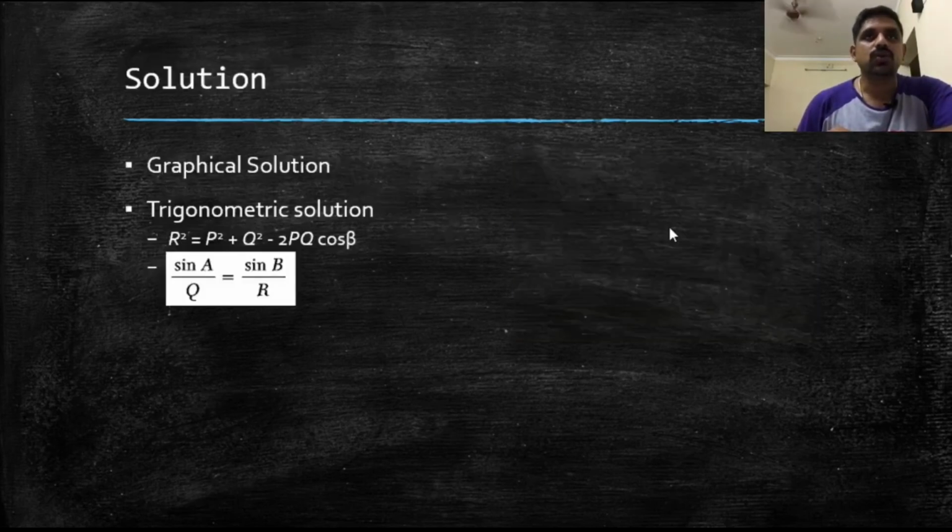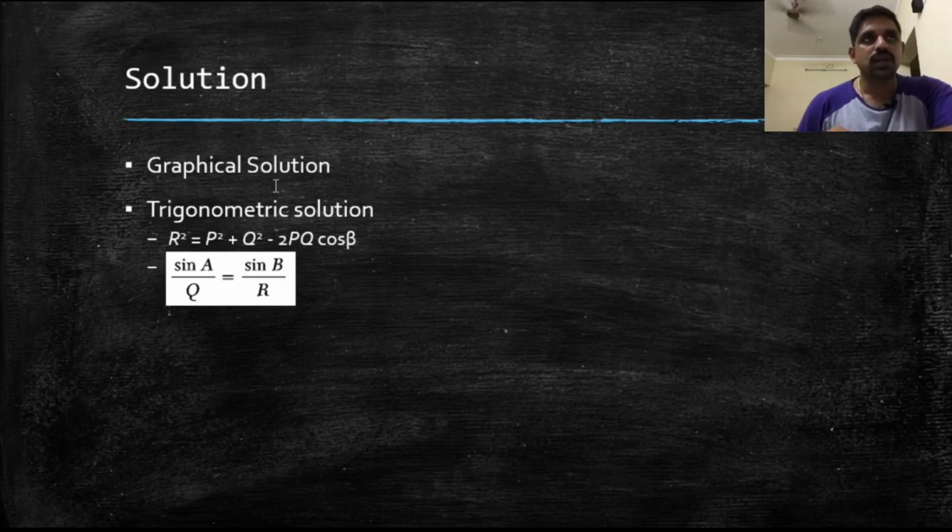Mathematically we can say the solution is r square is equal to p square plus q square minus 2pq cos theta. So with that we can find out what is the resultant magnitude,